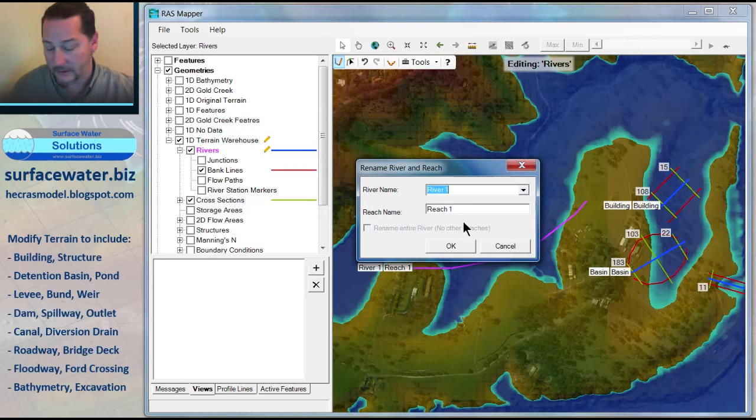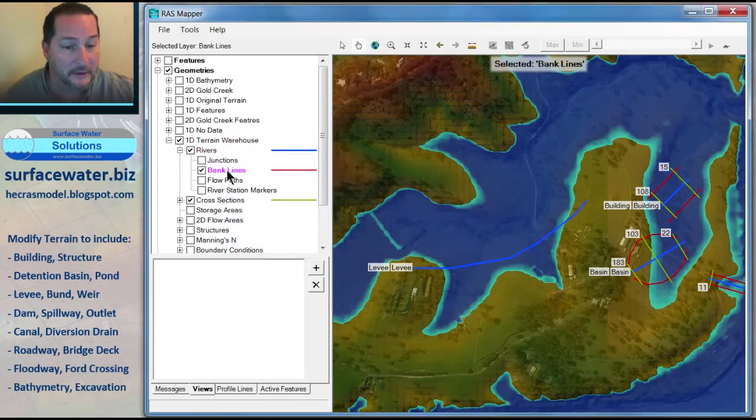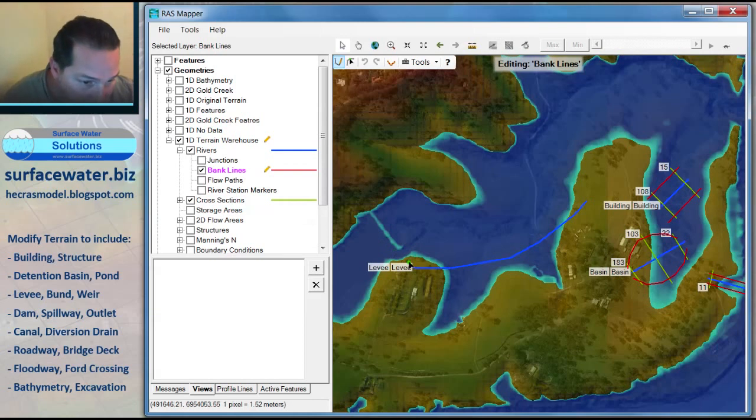In this case, I want to keep this one fairly narrow, so I'm going to make sure that my bank lines follow that fairly closely. So again, stop editing, start editing. I will do this over and over again. Show the edge of my levee fill footprint. Basically, this is the toe of my fill that I'm drawing here,